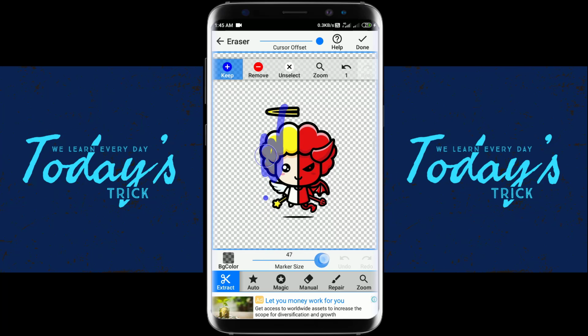Okay, let me increase the brush size. You can see this whole area in blue color will be kept even if I erase the whole picture. Done. As you can see, remove part.